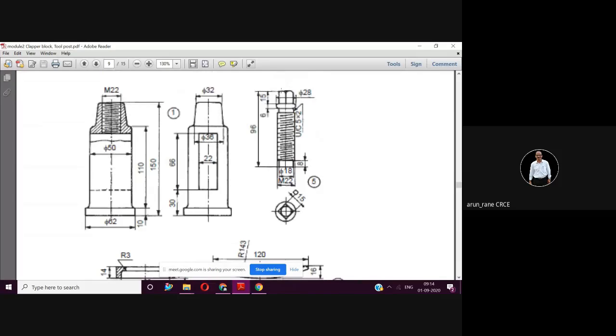Try to do chamfering. Chamfering is a bit difficult, so I will teach you how to do chamfering. But you can try, you can explore. But most probably you won't be able to do this chamfering. So I'll teach you how to do the chamfering. Otherwise, you can complete your model without chamfering, without chamfering this square. Okay, so this is pretty simple.